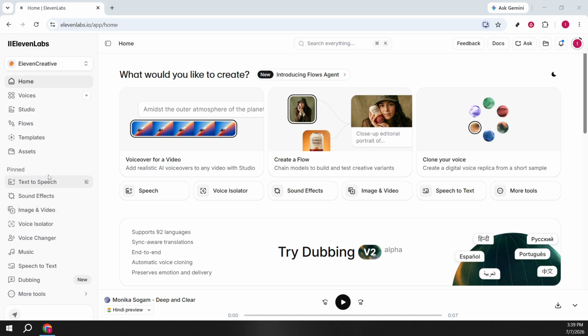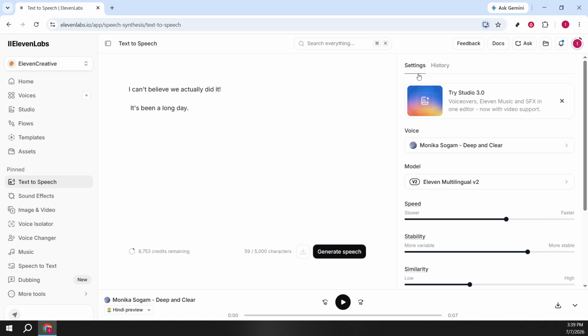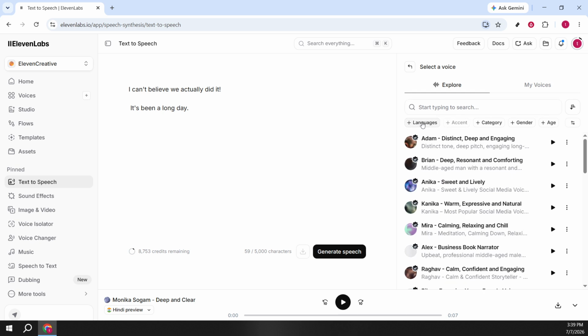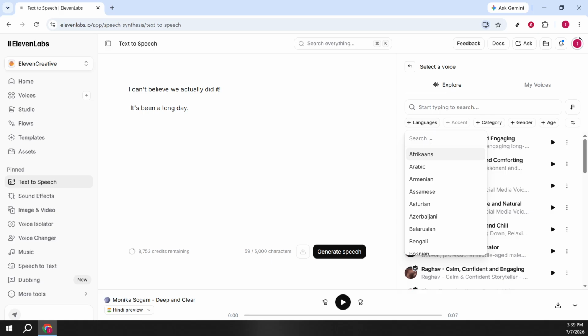Once text-to-speech is open, head into Settings so you can configure things properly before generating. First, choose a voice. You can pick any available voice that fits the tone you want, whether it's neutral, conversational, or more expressive. Next, open the Languages menu. In the search bar, type Hindi, then select Hindi from the list. If you see an option to apply or confirm that choice, click it so Hindi is set as the language